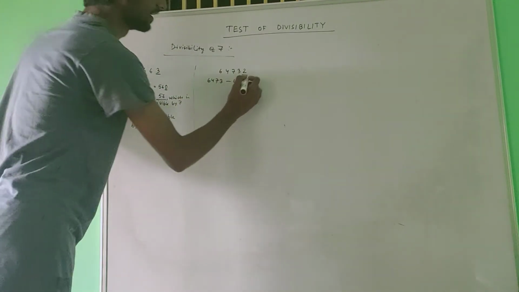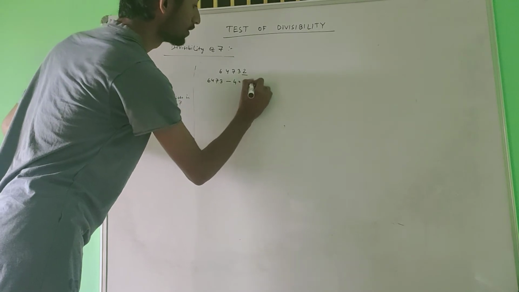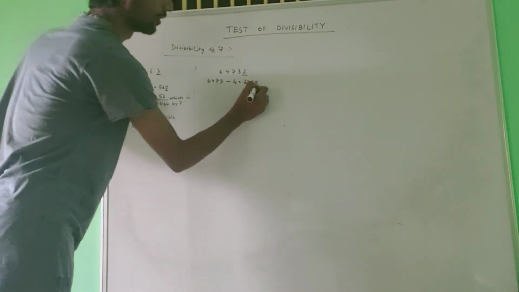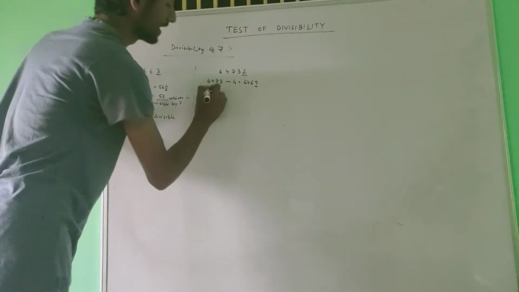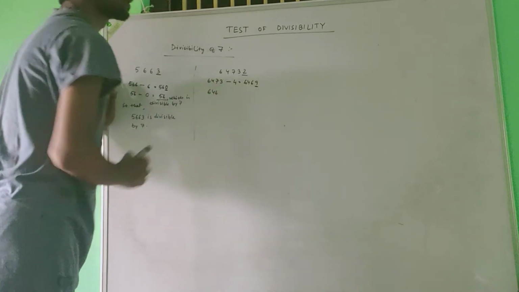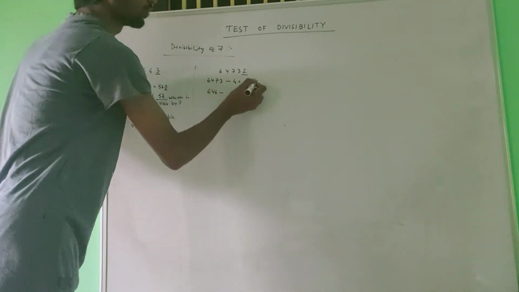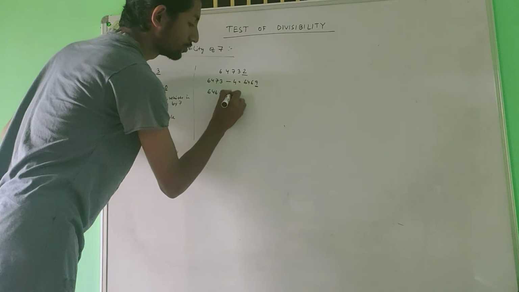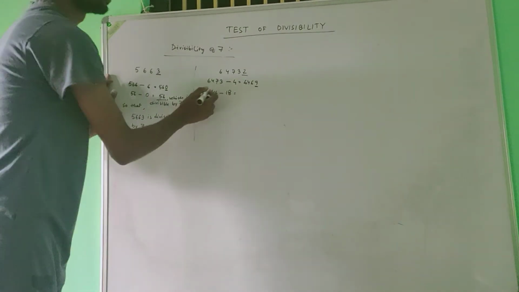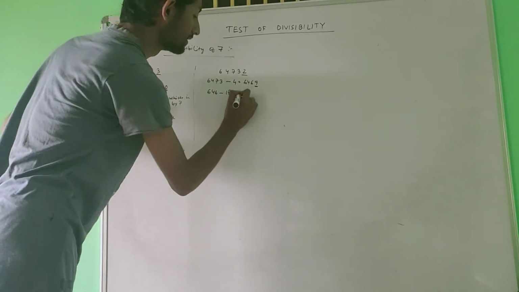If we subtract, then we will get 6469. Now the last digit is 9, the remaining digits are 646 minus twice the last digit, 9 times 2 is 18. Now we have to subtract this one,